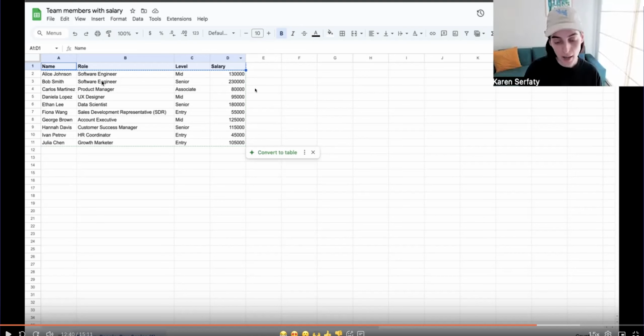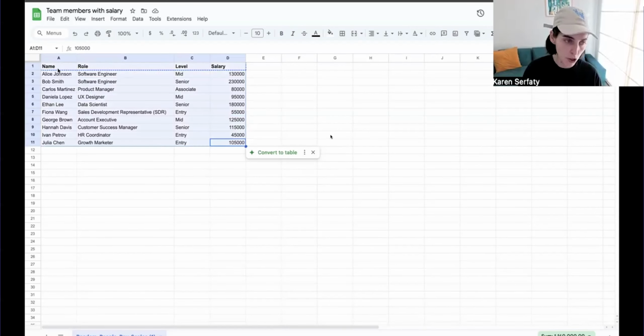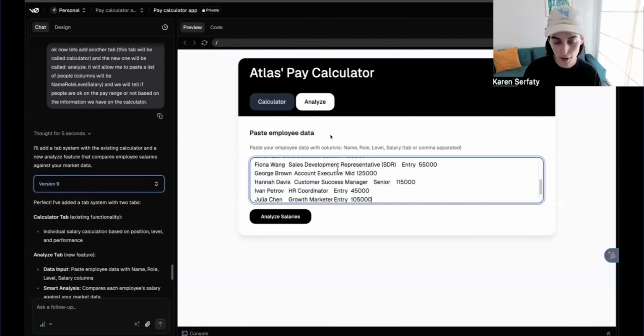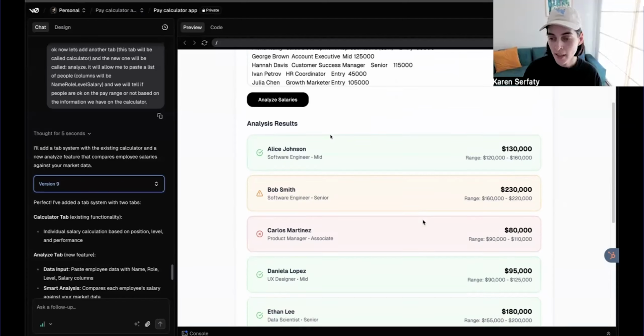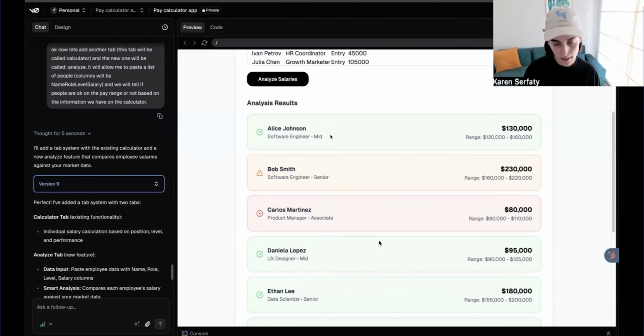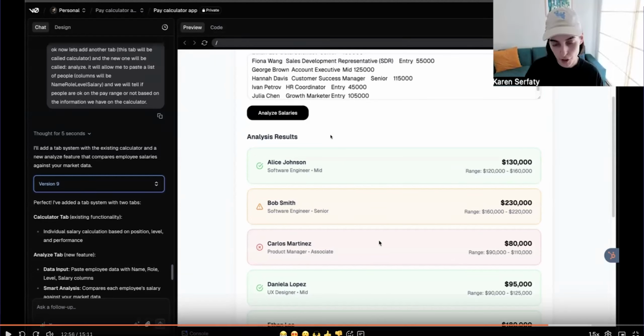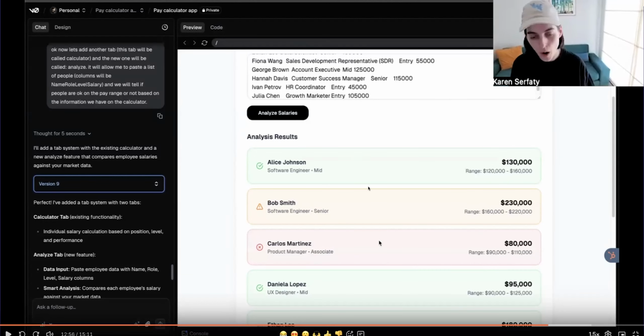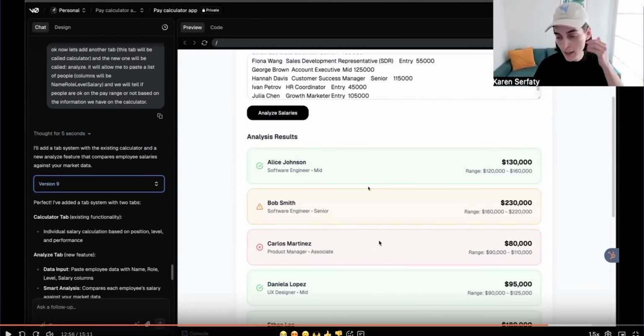So what I want to be able to do is copy this list, paste it on my app, and see the results. So let's go ahead and just copy this list of employees with their salaries and positions and see the answers. Okay, so it seems like it's painting these different team members green, yellow, or red if they are inside the pay scale or not, but